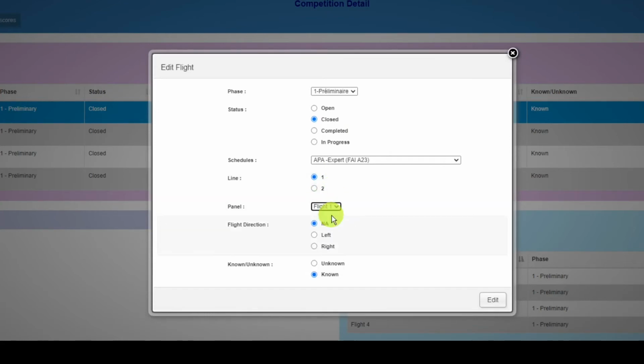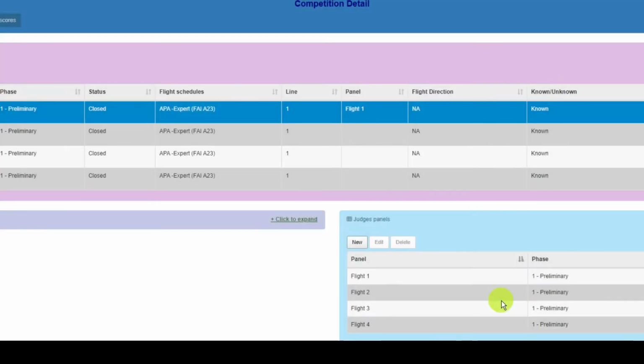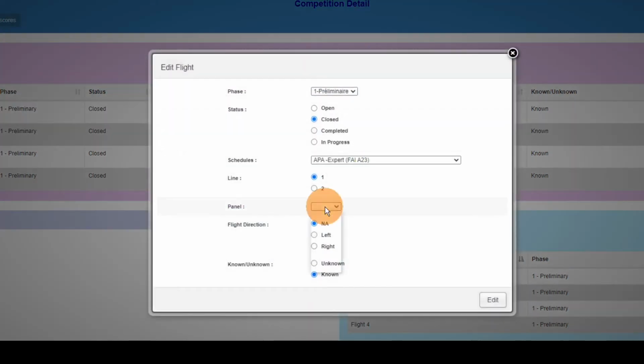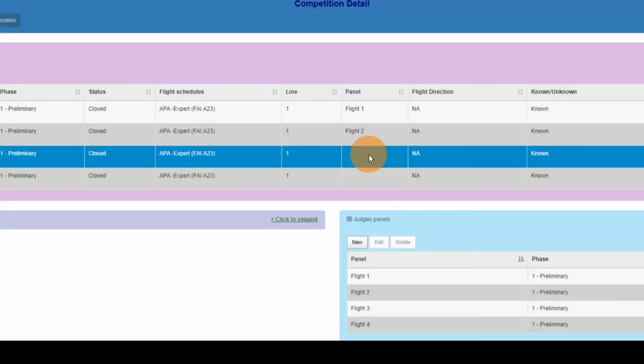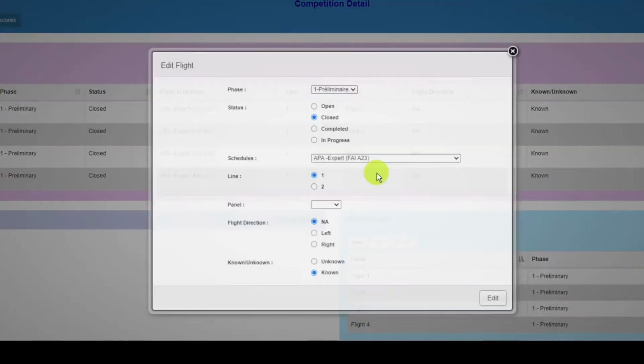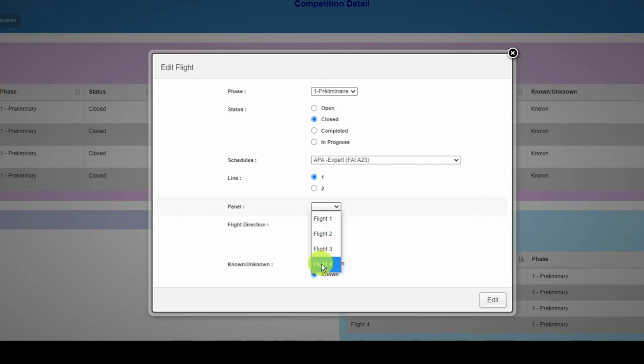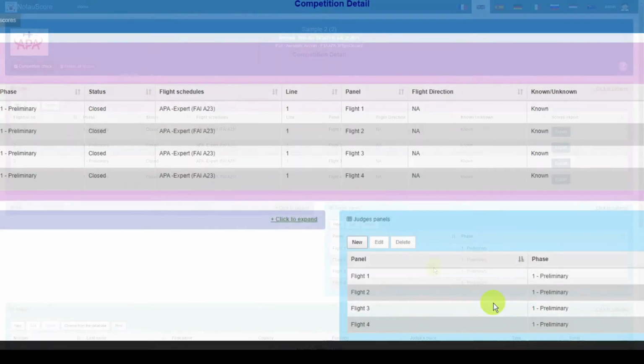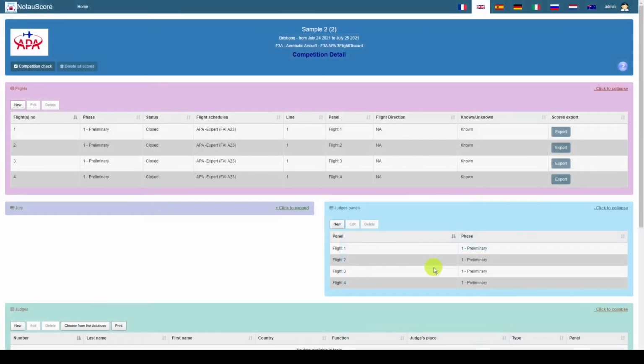And now I choose what panel I want scoring flight 1, and I want panel flight 1. Likewise, I want flight 2 for the second flight, flight 3 for this flight, and flight 4 for this flight. So now you'll see I've got 4 flights with 4 judges panels assigned to them.